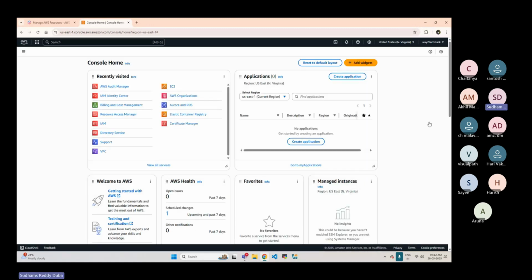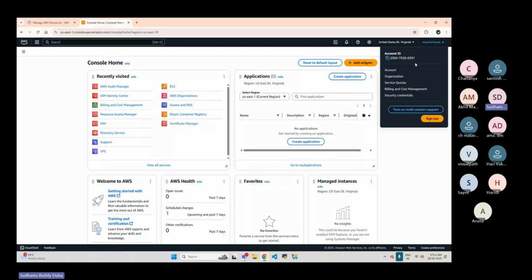Let us say a day one activity. After your AWS account has been created, on the first day, what you are supposed to do? You have to ensure your account is secured. First thing I have told you, while configuring the AWS account itself, you have to set some strong password for